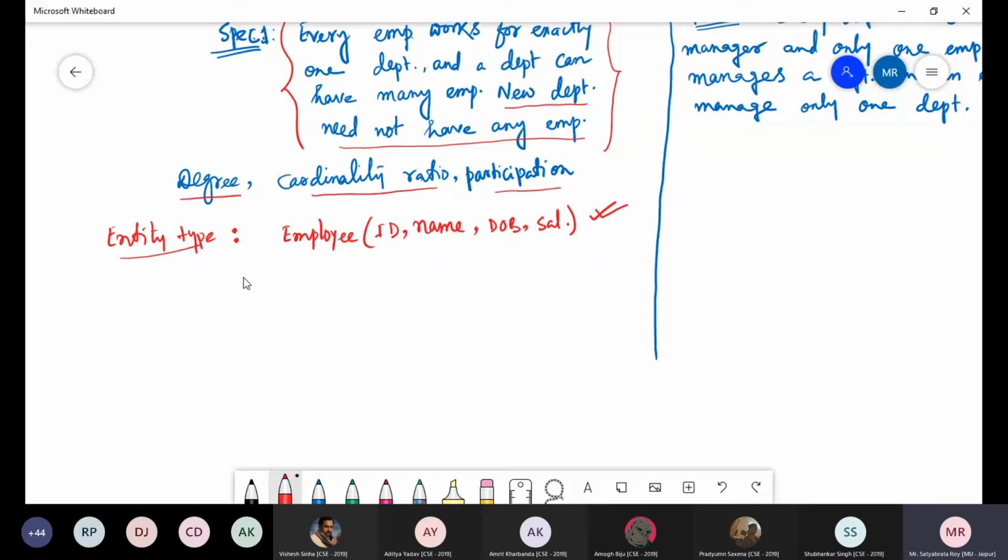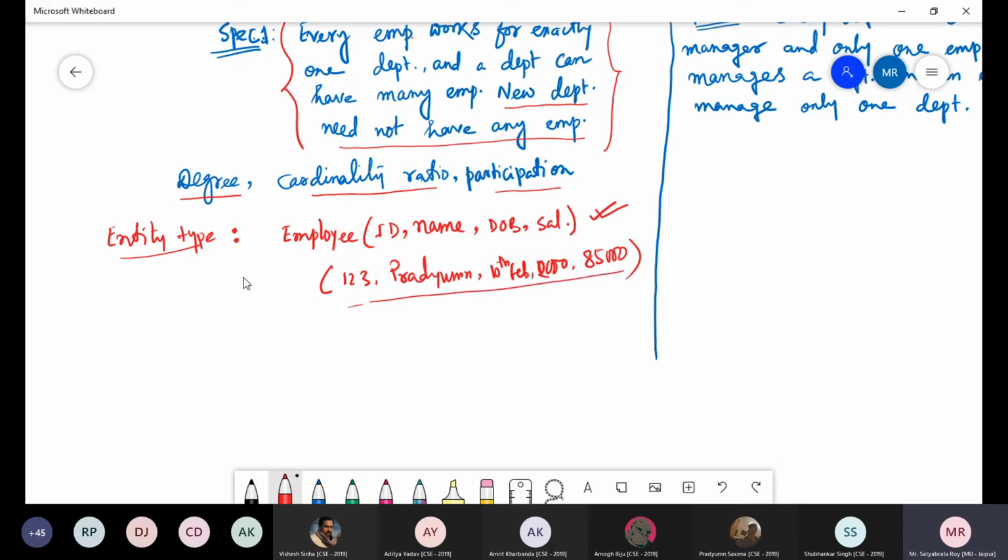Now if you say an entity, then suppose Pradyuman: ID 123, date of birth 10th Feb 2000, and salary say 85,000. So this is one instance of that entity type. So this is an entity.